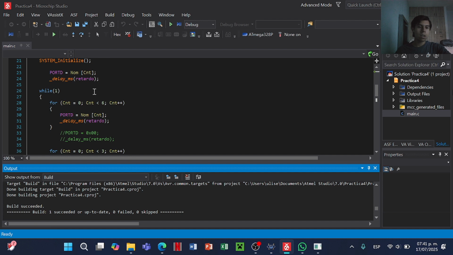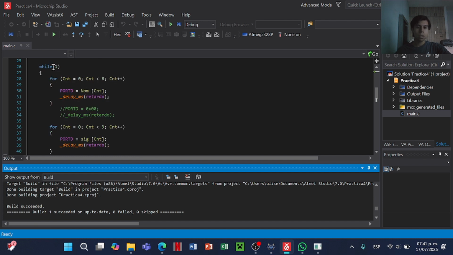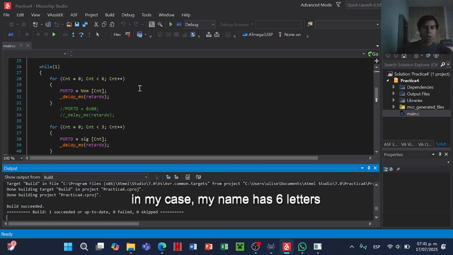Then in the while loop, we use a for loop to count the counter from 0 to the number of letters that our name contains. In my case, my name has 6 letters, so I will reach 6. Obviously, with the counter, we'll be adding one by one,